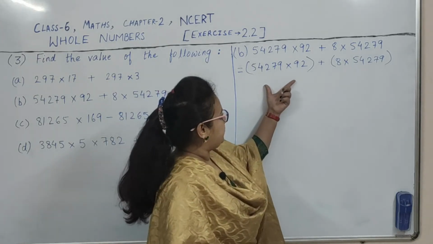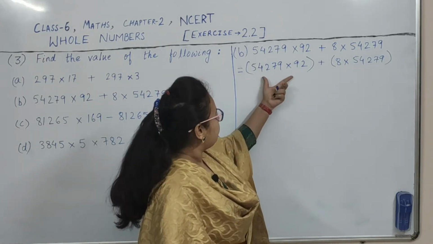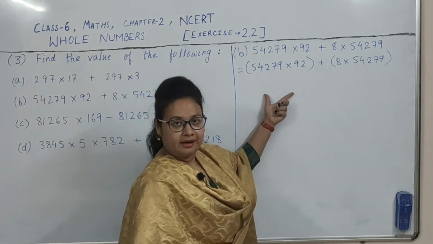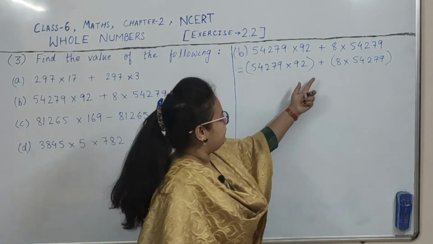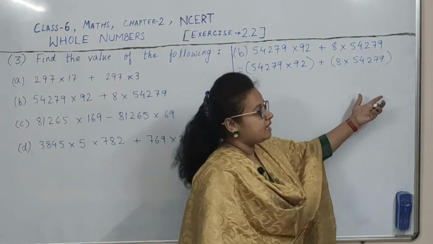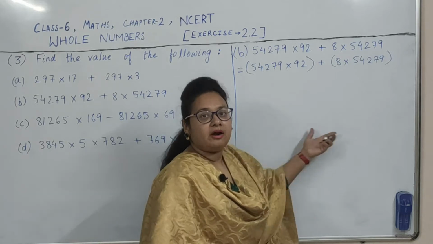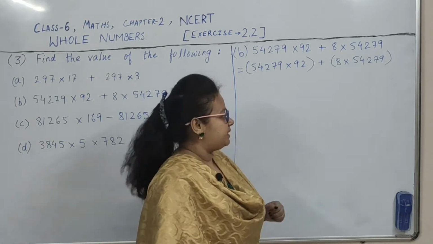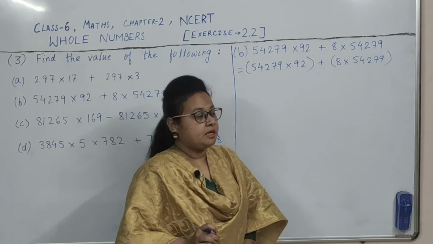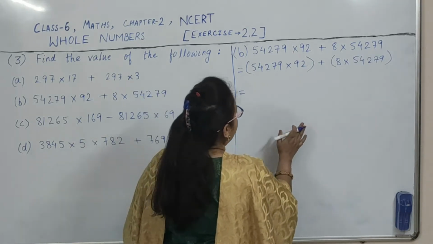So if we do it by the general method, we will find the product of these two numbers. We will write it here, which is quite a lengthy process. And then we will give a plus sign, and then again we will find the product of these two numbers and write it, and after that in the last step we will add those two numbers. But we will not do that because it is a lengthy process. We will do it by the correct process.